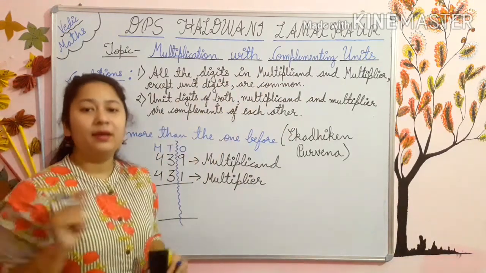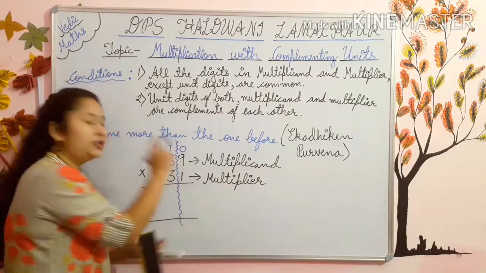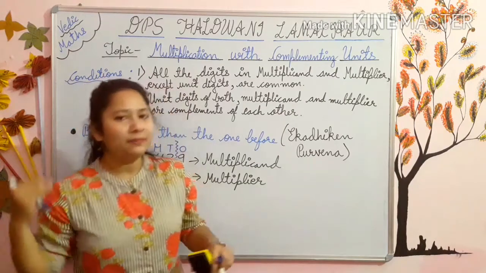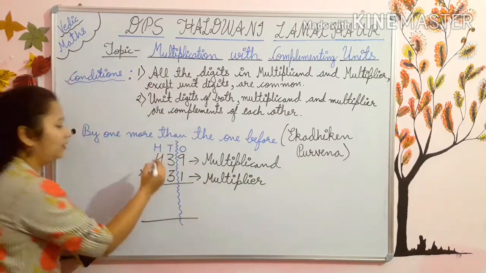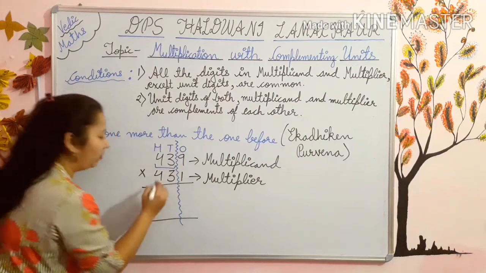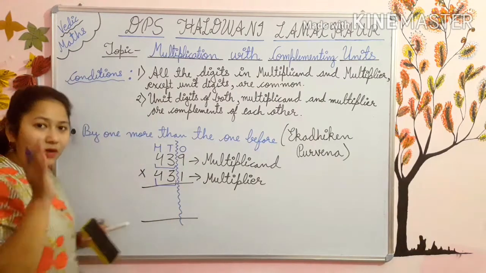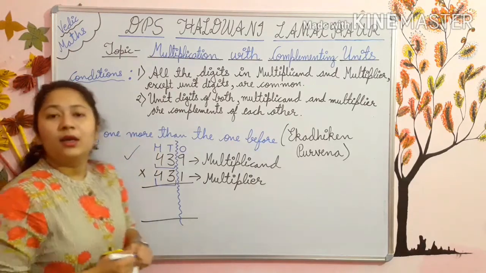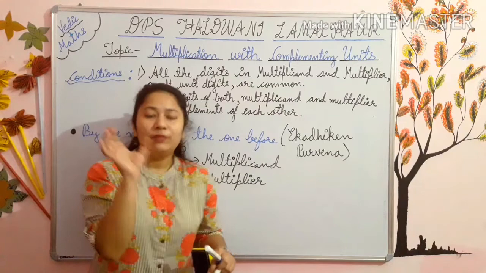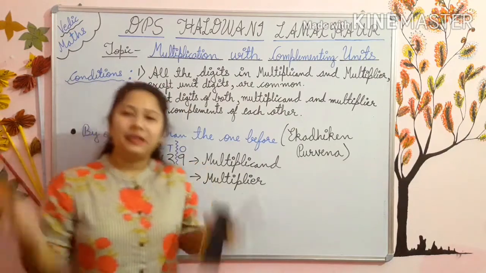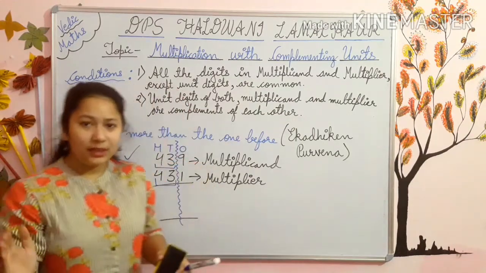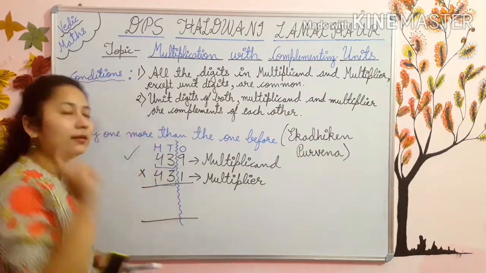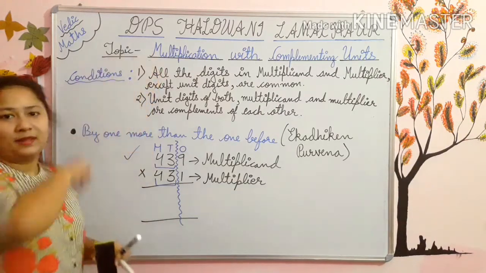Common means same. It means that except for the unit digit, all the remaining digits should be common, in the multiplicand as well as in the multiplier. See, 43 is above, 43 is below, so our condition is applicable on this. Yes students, whatever the multiplicand is, whatever the multiplier is, removing the unit digits, the rest of the digits should be the same in the multiplicand and multiplier. Then only you can apply this trick.